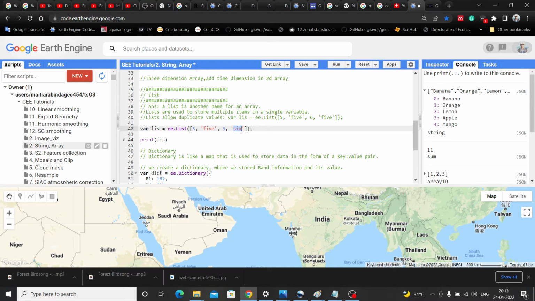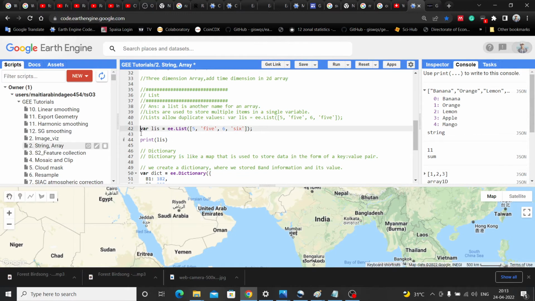What does duplicate mean? Duplicate means it may contain the same character or number multiple times. So in this case, I use 5 as a number, 5 as a character, 6 as a number, 6 as a character.